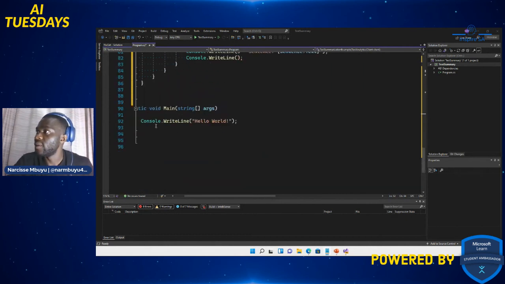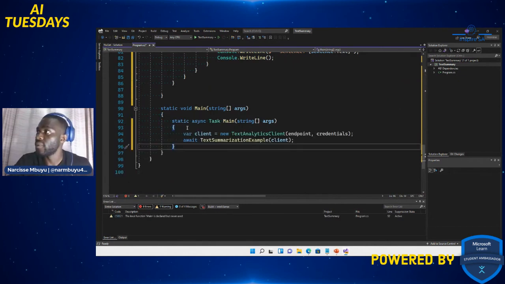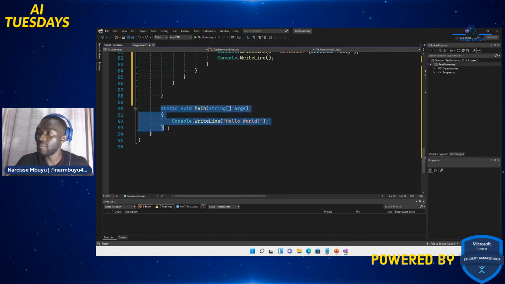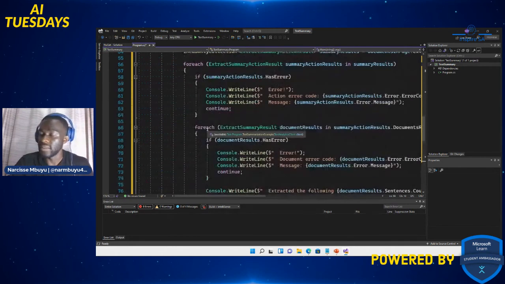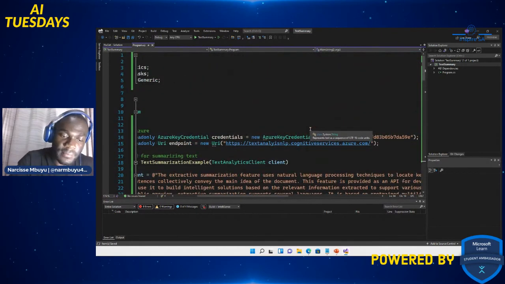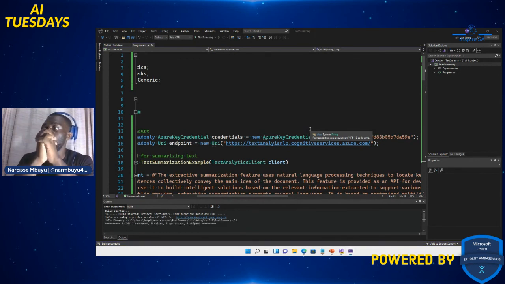And then last but not least, we are going to call our async method again. I didn't do that correctly. Range async main method. So static async task main method, var client with endpoint and credential, I put in my endpoint and the credential, and I call my method. So this was a lot to grasp. And now let's see it run to the end of the episode.